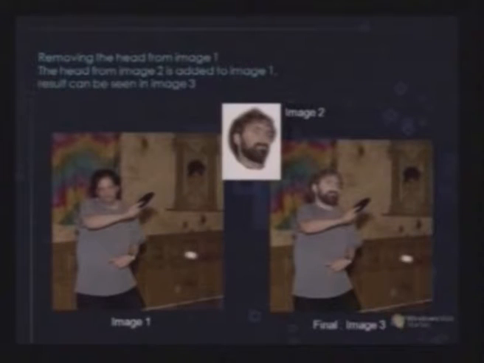For example, if we can see that I have a character which has been shot separately, and I have a face of another character which has been shot separately. Now what I can do is, I can take the head from image number 2 and place it in image number 1, and then we can see the final result in image number 3.